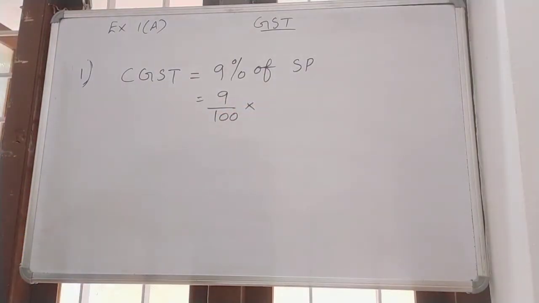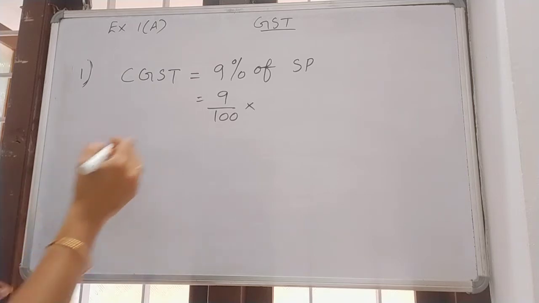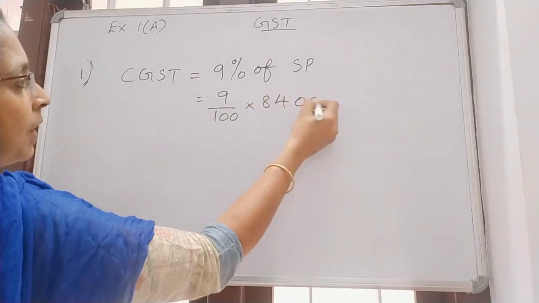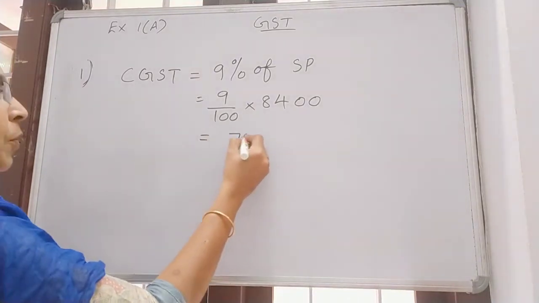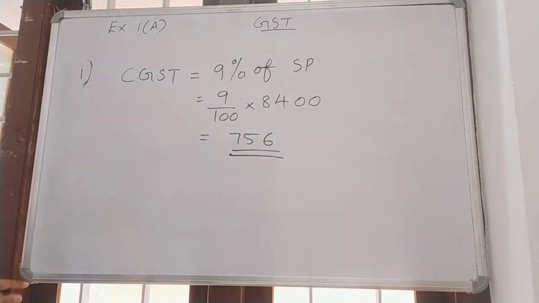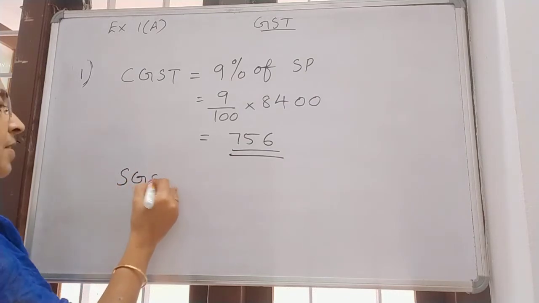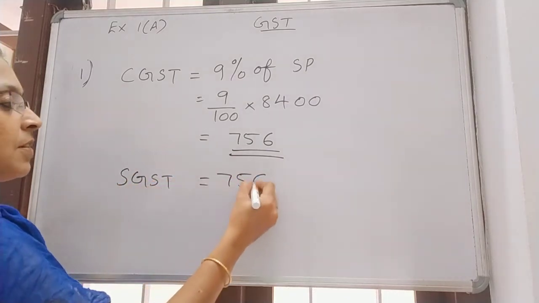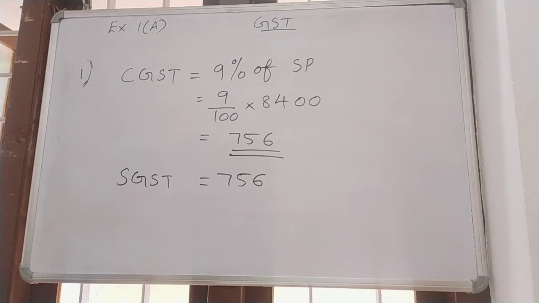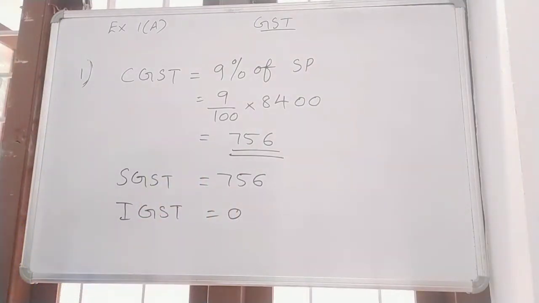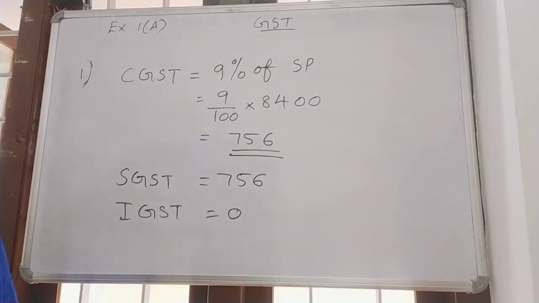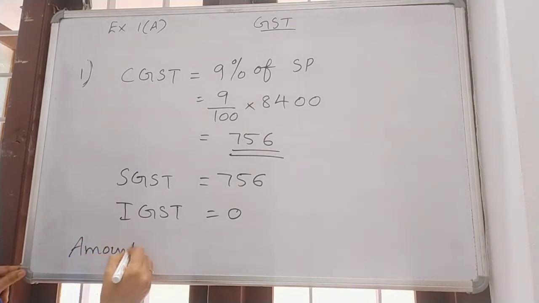Now we got selling price 8,400. So 8,400, you will get the answer as 756 rupees. 756. So what about SGST? SGST same, no? 756 itself. 756. Then third one is which one? IGST. So IGST we can write it as 0. Then last one, amount of bill. What will be the amount of bill? Amount of bill is equal